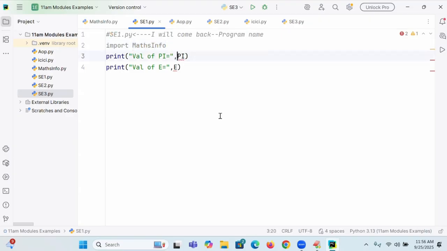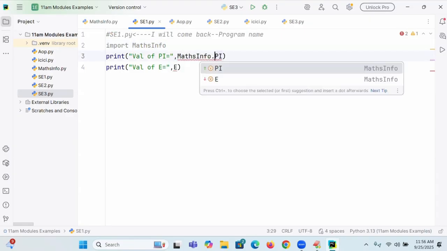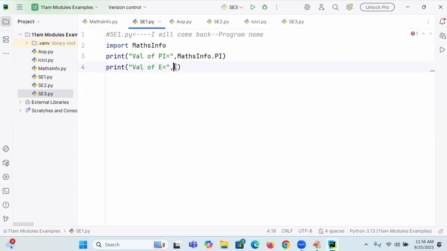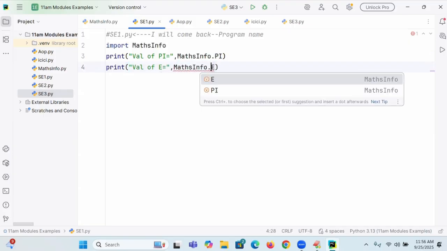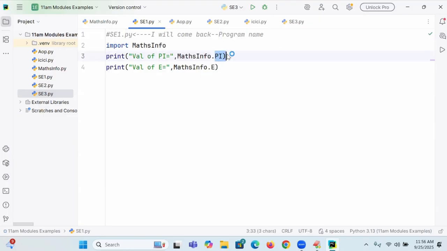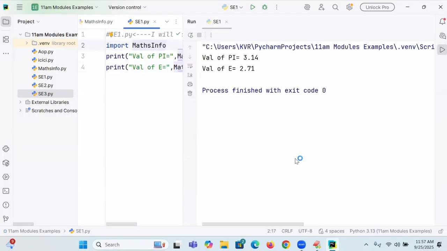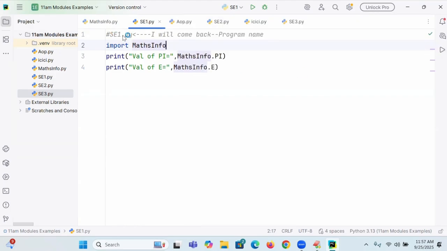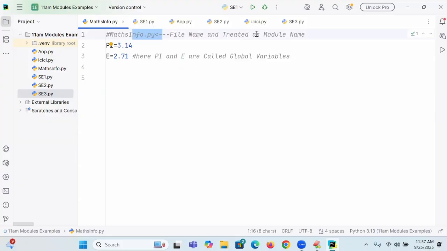I will call it mathsinfo.py, mathsinfo. What? E. That E and PI belong to which module? Mathsinfo. Now run it. How simple it is. Getting my answer or not? So tell me, what is this called? Program name. What is the mathsinfo called? Module name. So if I want to reuse my global variables from one place to another place, how many things are